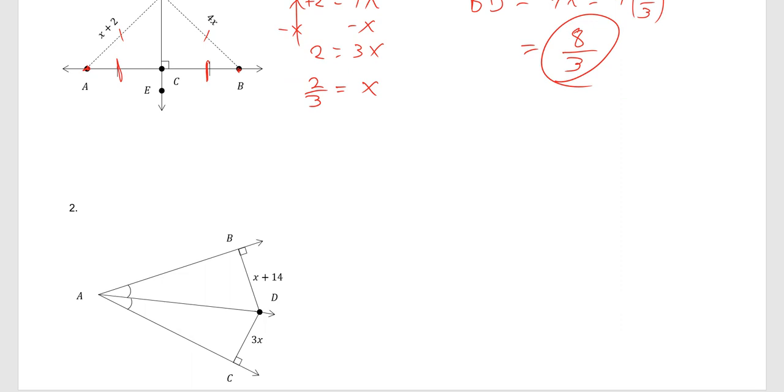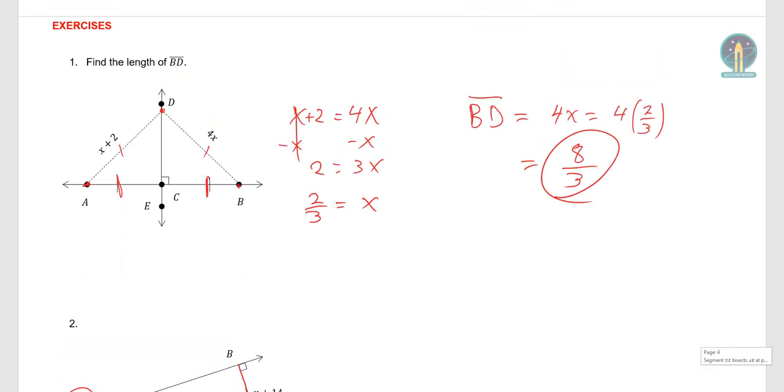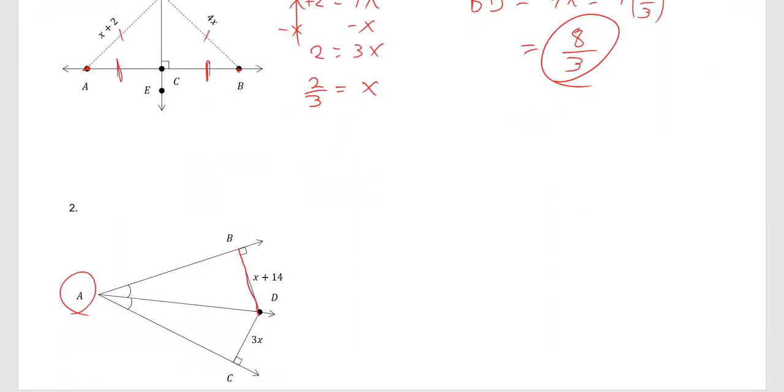Next exercise, we have this shape, two triangles obviously, but essentially it's a bisector of angle A. So AD is a bisector of angle A, and we need to find segment BD here also. So again, since this is an angle bisector, we know that BD is equal to CD,